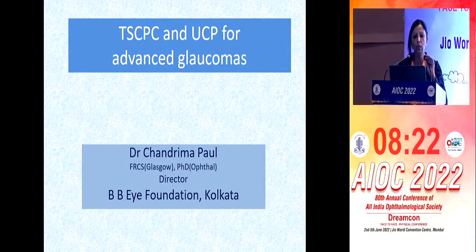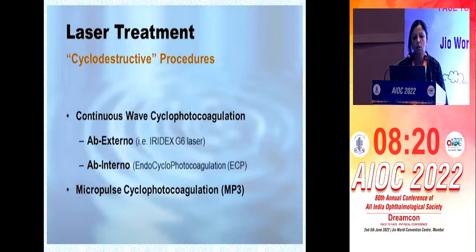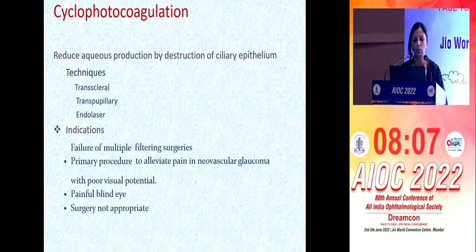TSCPC and UCP in advanced glaucomas. So laser treatment, as we all know, in advanced glaucomas is a cyclodestructive procedure, and continuous wave cytophotocoagulation has ab externo and ab interno, and then we have the micropulse cytophotocoagulation. So cytophotocoagulation reduces the aqueous production by destruction of the ciliary epithelium, and the techniques are transscleral, transpupillary, and